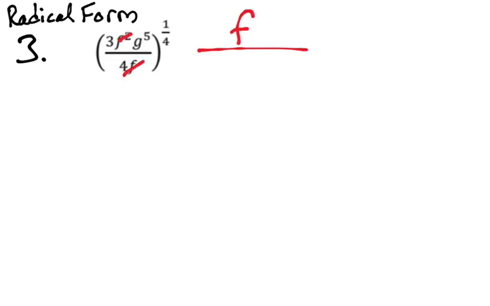So, working from the inside out, hopefully you would have noticed there is an f in the numerator and denominator. So the f in the denominator, because it has a power of 1, then it would be subtracting the 2 that was originally there by 1 to get an f of the first power in the numerator. And that is the same base dividing rule where you just subtract the exponents. You're going to notice that the g to the 5th and the 3/4, there was nothing to simplify with those. You had a fraction that was as simplified as it could get, and there is only 1 g in the entire problem. So what we have with working from the inside out is 3f g to the 5th over 4,